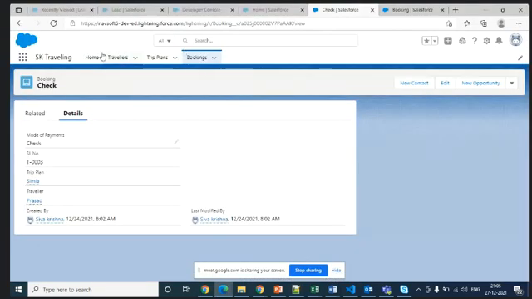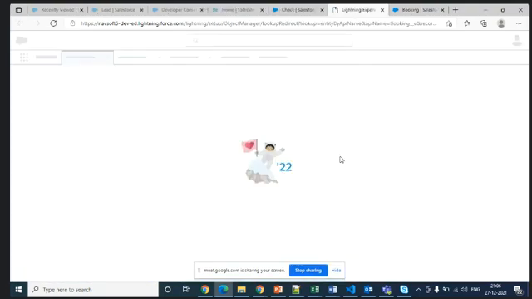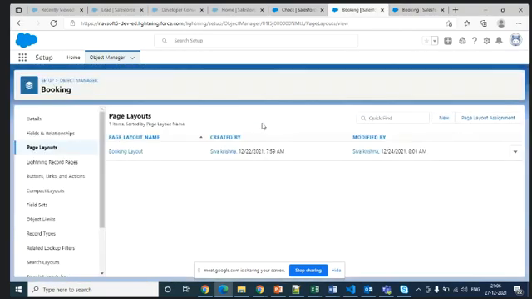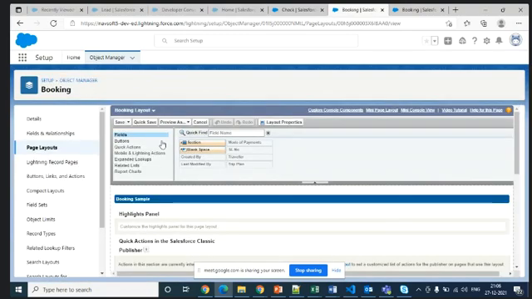Okay, let's see how you can do it. For example, here you can see only these fields are in a sequence, like check payment. I just want to maintain a few fields over here. What are the lookup fields? I want to keep them here. So what you have to do is click, go to Edit Object and then Page Layouts. If you click that, it will open a layout.